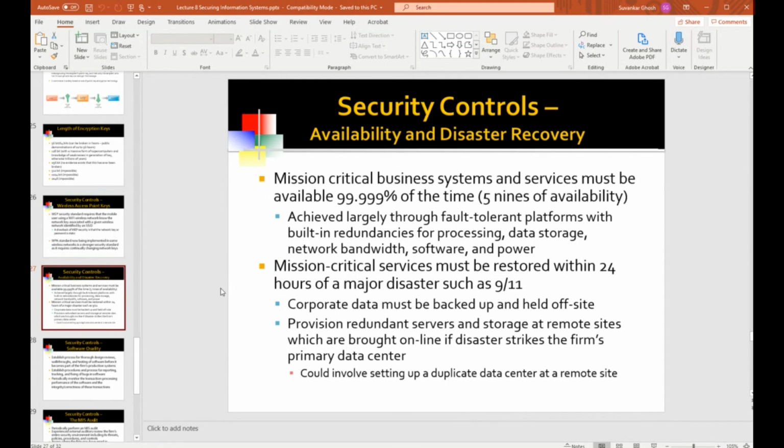So if something happens on the primary server, there's a disk crash or something, and the primary server goes down, then the backup server immediately takes over. The backup server has the same state as the primary server because it is mirroring the disk in the primary server, so it has the same copy of the transactions. So this works well. This can be used to give you 5 nines availability, except when something like a 9/11 or Katrina happens, because the primary server and the standby server are in the same data center. When a 9/11 or a Katrina happens, the entire data center is taken out.